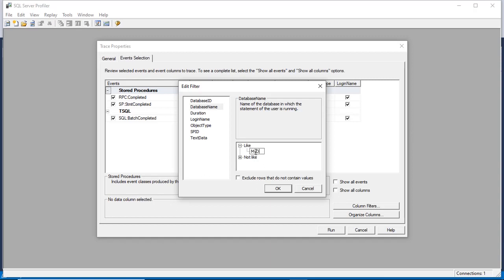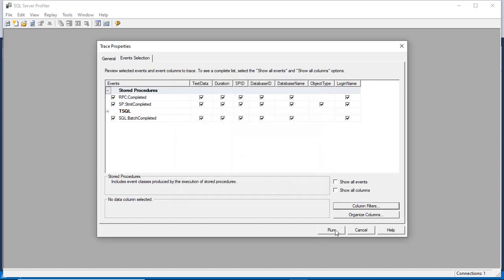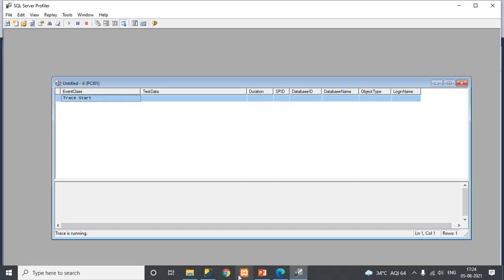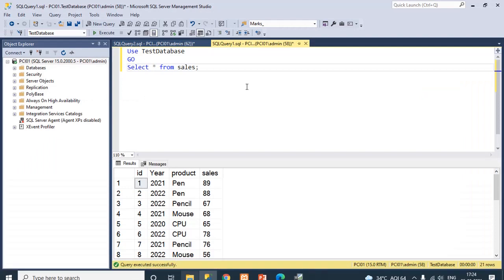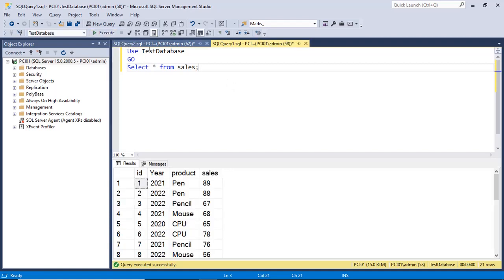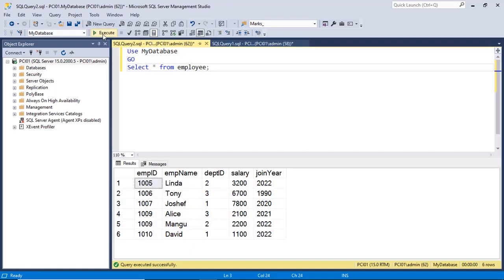my database. So this is the filter now, where database is equal to my database. Okay, then run. So again I go to the test database and execute this one, and my database and execute this one.